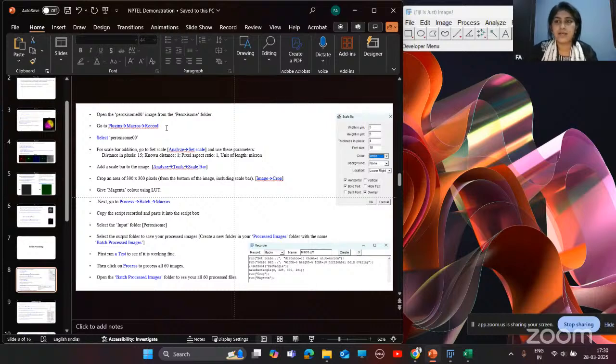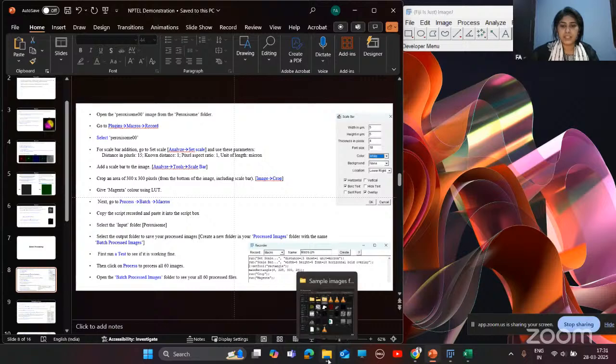If you have a large series of images and you need to do some analysis, like if you need to put a scale bar and you need to crop and you want to change colors of all those images, for this, you can use image macros, and then you can do batch processing.